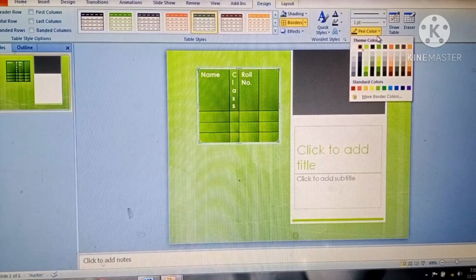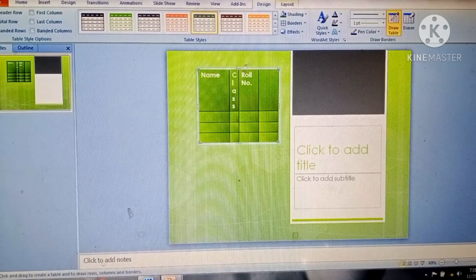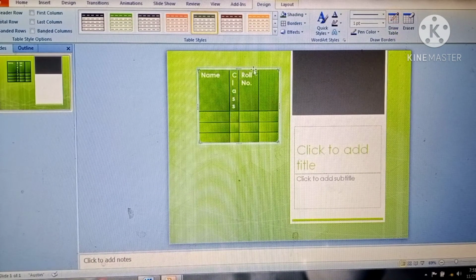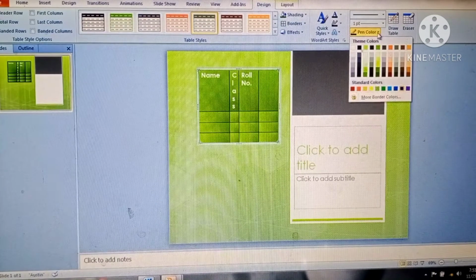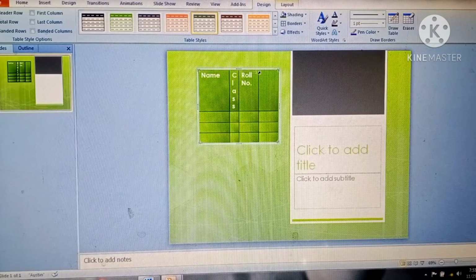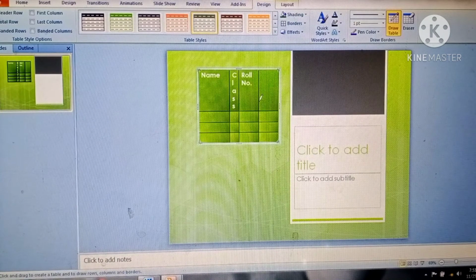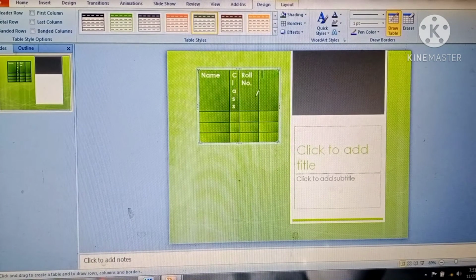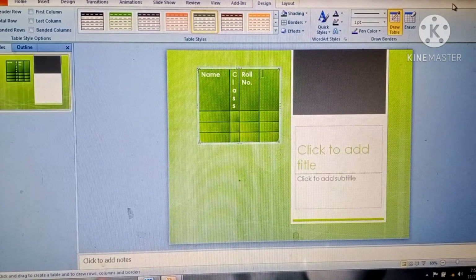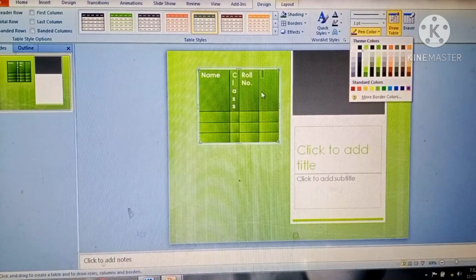आप कोई भी border का color के लिए, suppose I have taken this blue color, आप यहाँ पे click on this border, pen color, choose, pen color. It is light but it is not showing in the screen, but you can use it to change the color of the border. You have to use this pen color and go to the border line and click here.